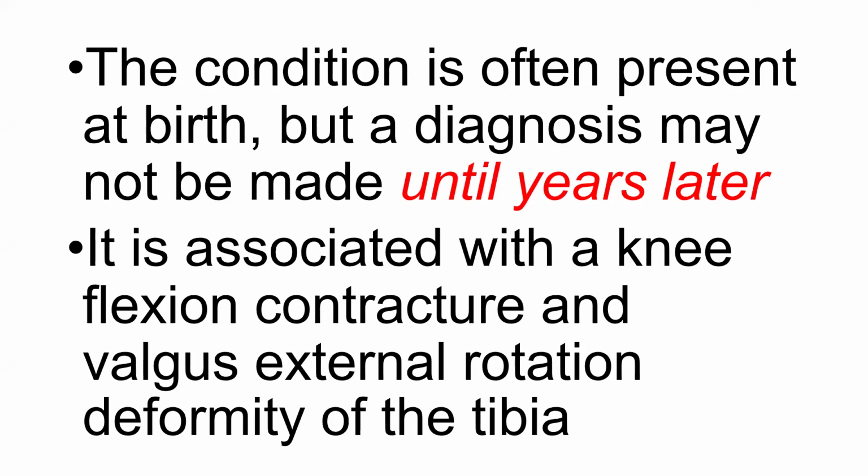A question I love to ask is that if you have a congenital patella dislocation, where would you find the position of the knee? You would see that it's slightly flexed, and you see that the knee is in valgus, and you see that the whole leg is externally rotated with respect to the femur.